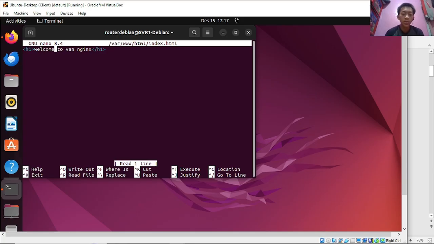Inside this file we add an h1 tag to change the page appearance. We write something like welcome to Nginx fun.